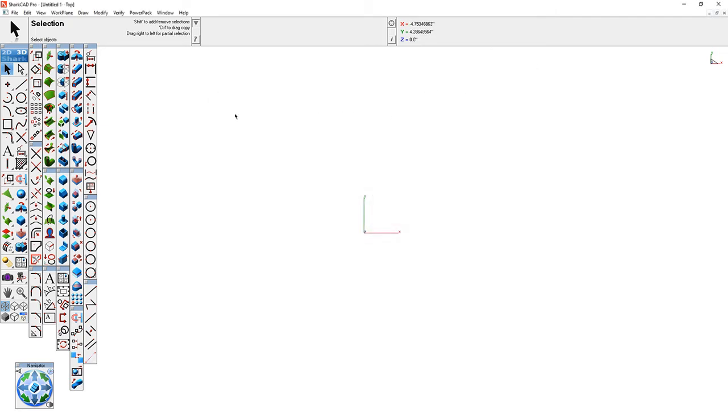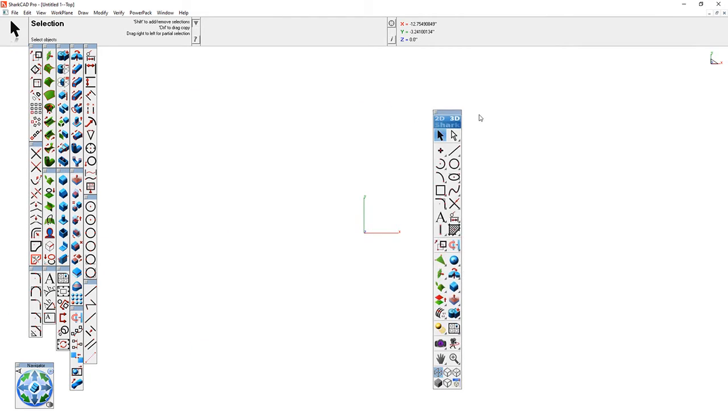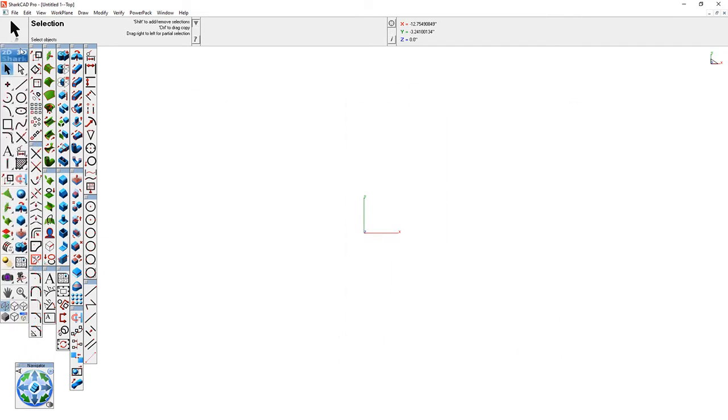Okay, now that we've done that, we can focus on getting our buttons up. And you're probably wondering, because when you load SharkCAD, it only has this left-hand ribbon. It doesn't have anything else. So what you do to get things on the screen is you just click, hold, and drag out. And then to make it vertical, you right click, flip vertical, and then you can paste that because it'll auto